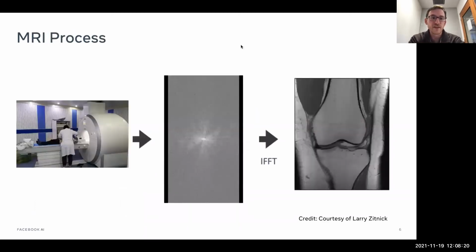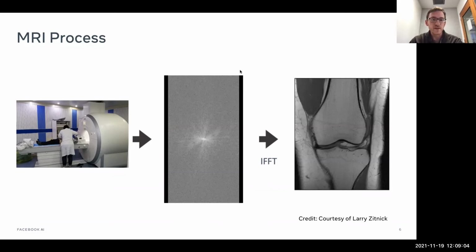The reason MRI scans take a long time is because of the way that they acquire the data and reconstruct. What happens is the patient goes into the scanner, and then we apply a very specific sequence of electromagnetic pulses. After applying all these pulses, we can collect one data point of the Fourier transform of whatever is inside the scanner. Then we can apply a different, very specific sequence of electromagnetic pulses, and we can collect a different data point of the Fourier transform of whatever's inside the scanner. The way MRI works is we do this over and over again, applying lots of different electromagnetic pulses to fill up the entire Fourier transform. And then we can apply the inverse Fourier transform and get the picture.